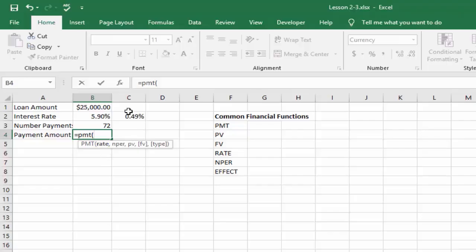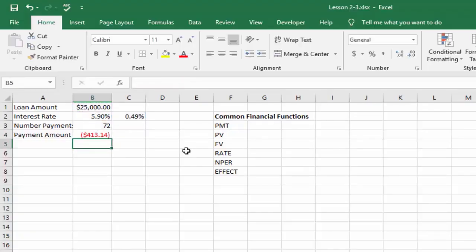The interest rate is the monthly interest rate, or it's 5.9% divided by 12. The number of periods is the number of payments, so that's 72. And the present value, that's the loan amount. So now that I've referenced those 3 values here, I can hit enter. And notice that I calculate the payment amount to be